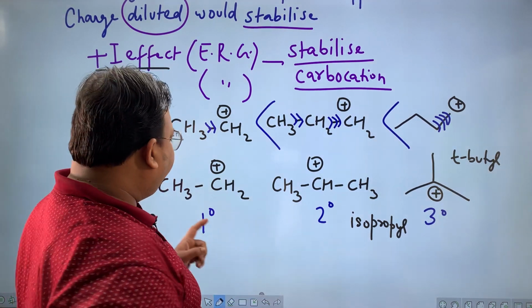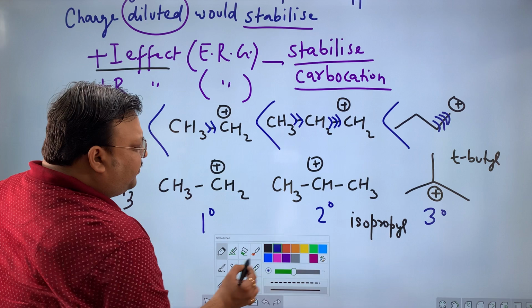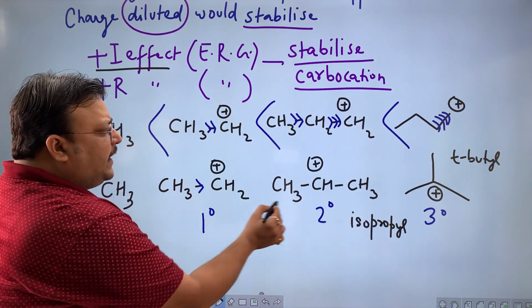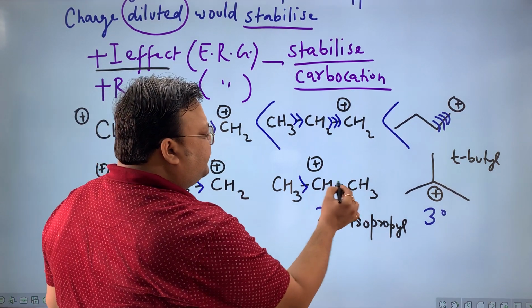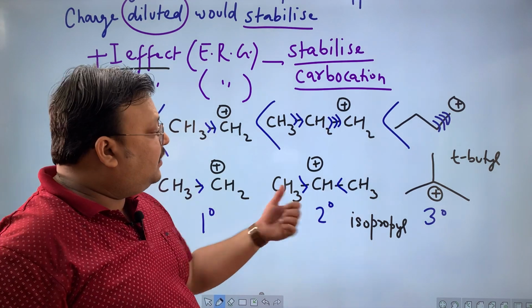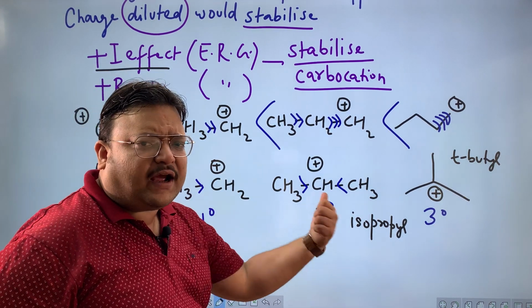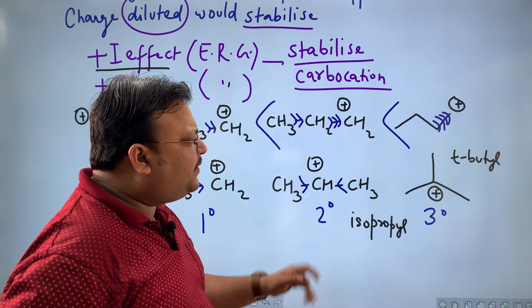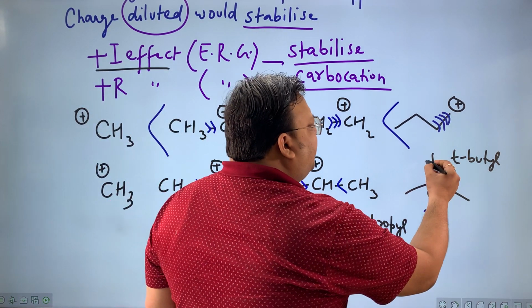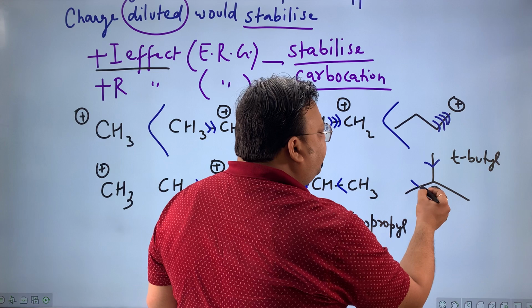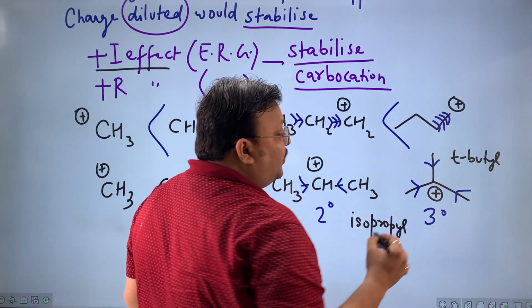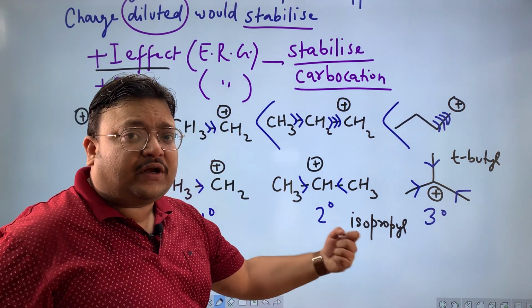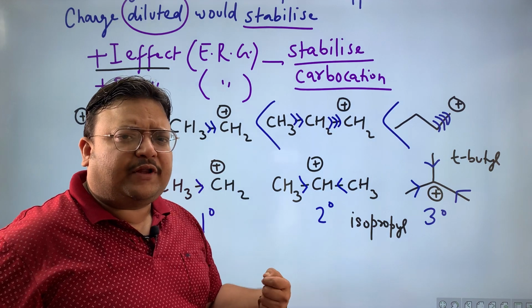In 1 degree, you will have plus I from one direction. In 2 degree, there will be plus I from 2 directions, 2 alkyl groups. So 2 degree, more plus I, would be more stable. 3 degree, there will be plus I from 3 directions. So in general, 3 degree more than 2 degree more than 1 degree will be the order of stability,